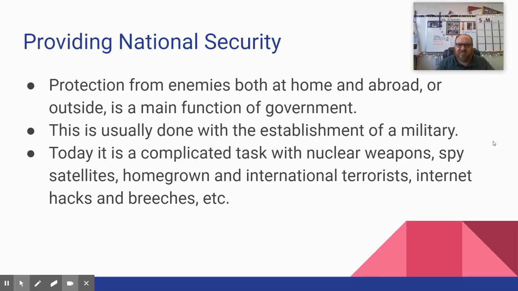All kinds of stuff that we have to provide security for. And it keeps changing and growing all the time. So that idea of providing national security keeps on changing. We have a new branch of the military apparently now, the Space Force. It is a real thing, I guess. When I see Space Force recruiters on campus, I'll know a little bit better that that's really a real thing. But now I guess we're protecting ourselves from alien invasion. I don't know. Anyway,